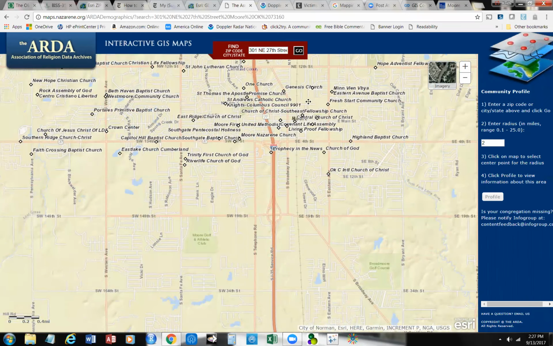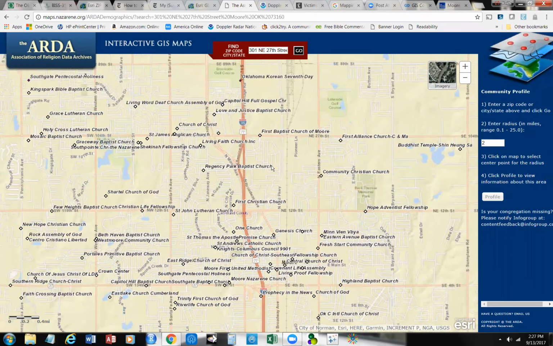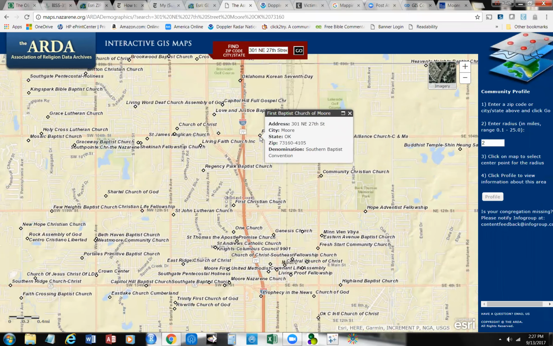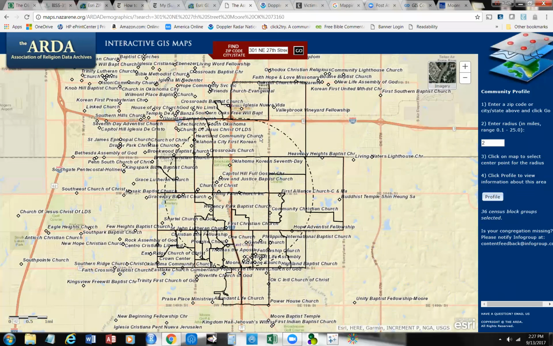Okay. And there's 240, and I'll have to come on down here. Okay, and this is Southeast 19th, so I want to go back up. Here we are, First Church Moore. That's my home church. Okay, and this is a 2-mile radius. These are all of the different churches within a 2-mile radius of my church. Now, if I wanted to change that,